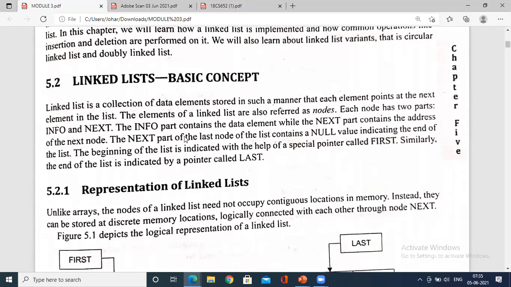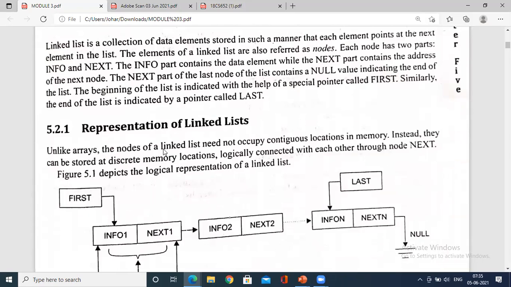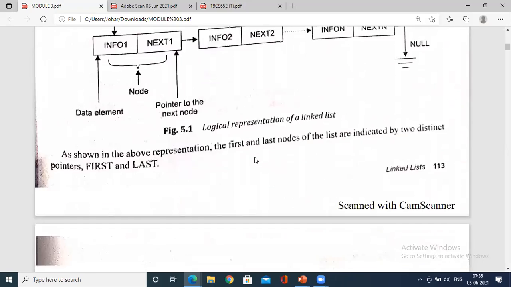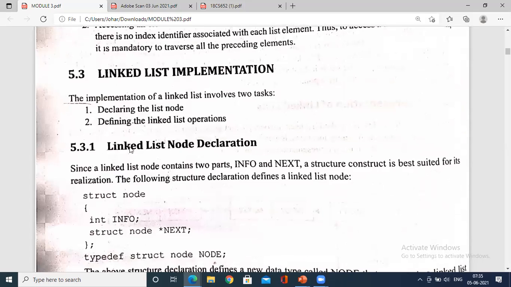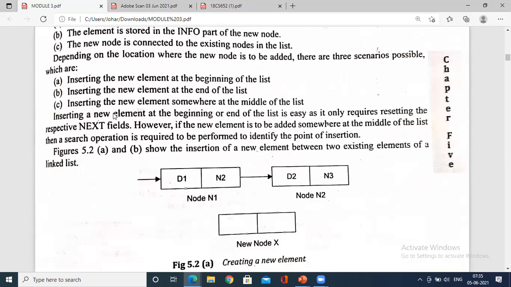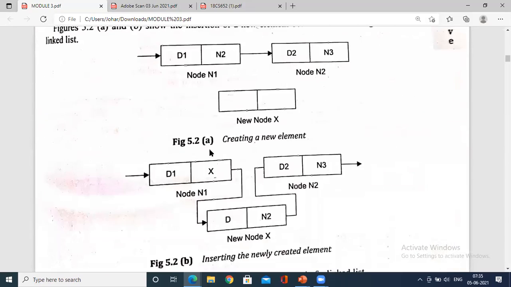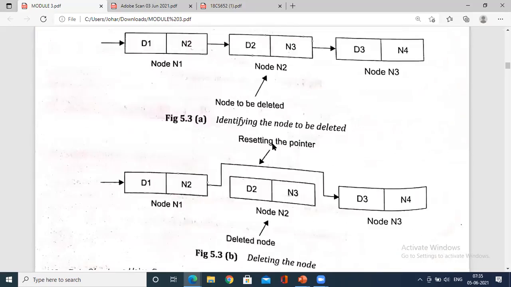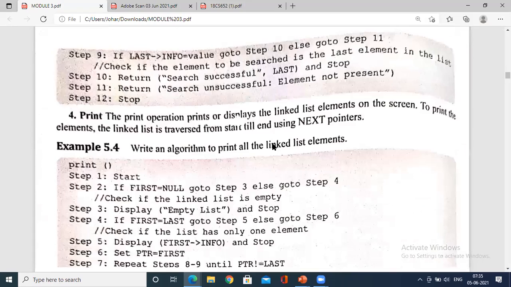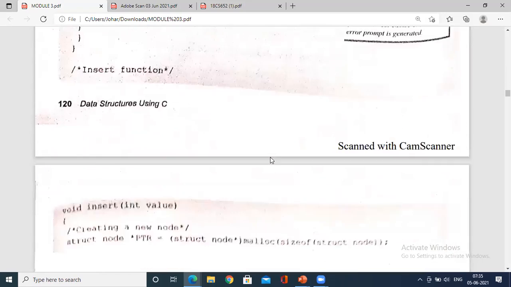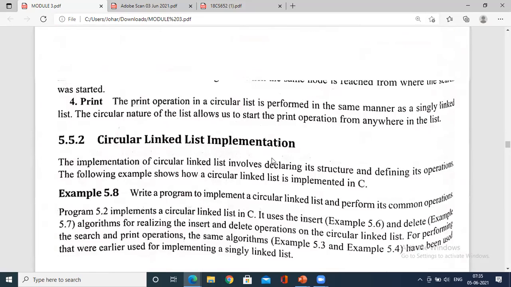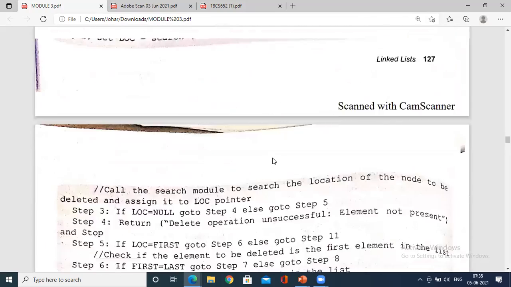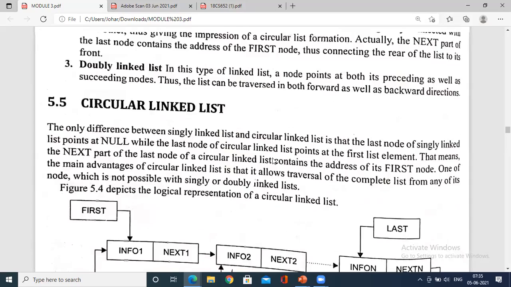The basic concepts we have studied. How do you represent? In the representation of linked list, it directly showed you insertion and deletion, but let me not go directly. The declaration is important, the definition is important. Insertion, deletion, search and print are the operations performed with the linked list, same as with an array. We had even compared the arrays. So today we will see the types of linked list and their structures, then we'll go for insertion, and you will find it easy.